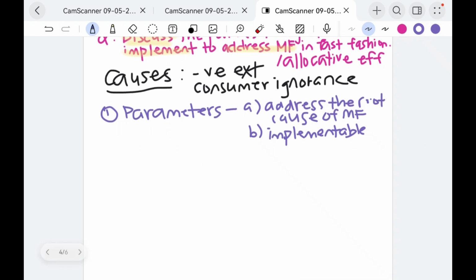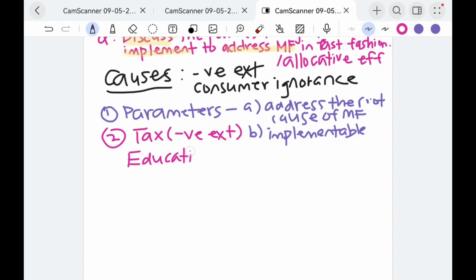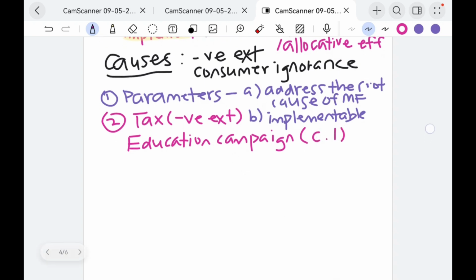Okay, so let's use one policy each that tackles negative externality and consumer ignorance. In this case, I will pick my tax, because my tax is about the negative externality. Then the second one, I will use education campaign. This is for the consumer ignorance part, because we usually talk about education. So step 1, we talk about